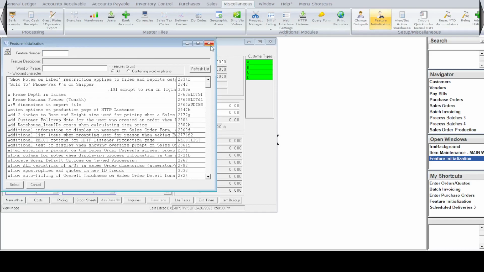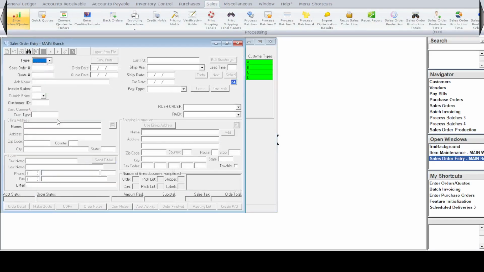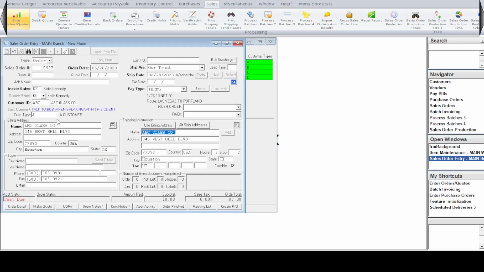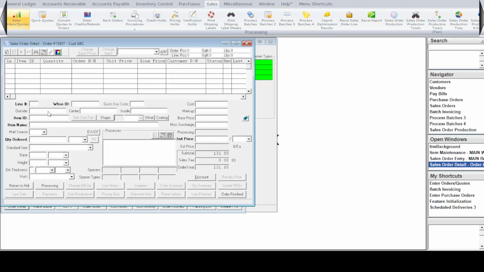Once you've got that set up, you can go to your sales order screen, and I'll go ahead real quick through this header portion and jump down to the detail. And once I have that feature turned on, this outside, center, inside appears right here, or whatever you've captioned that in the feature. This allows me to build insulated units or lamis on the fly that don't currently exist in